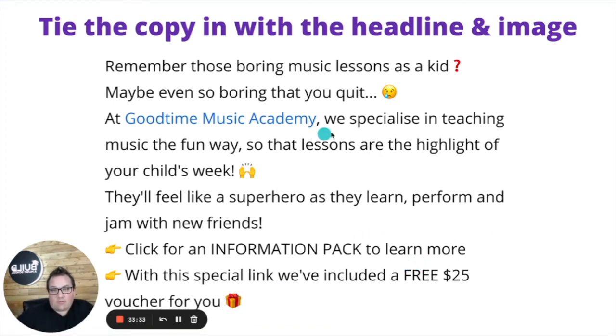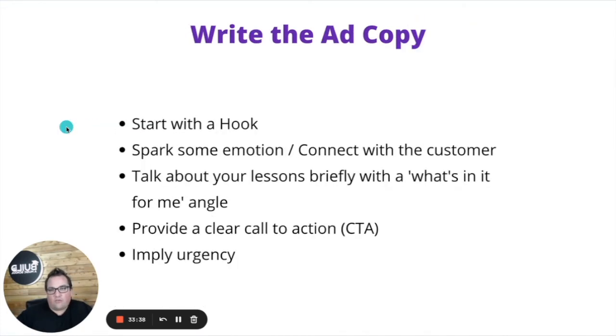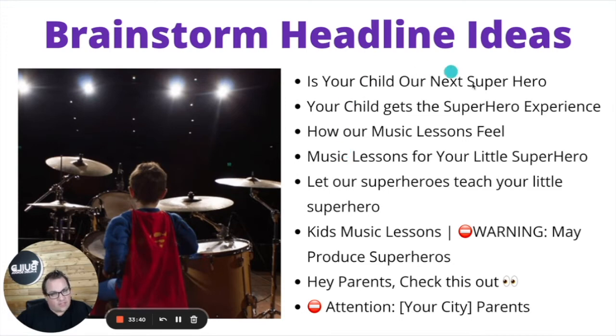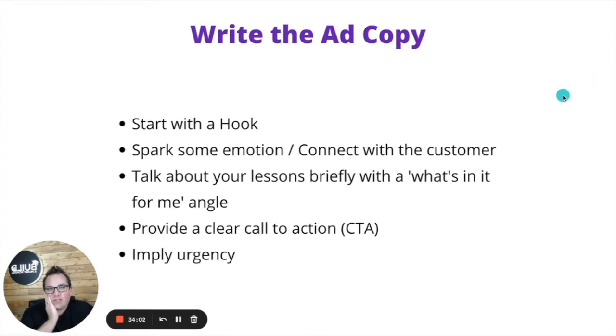So there's an example of really good copy for an ad. And again, this is just for this type of image with these headlines. This is just one example. You might be teaching really high level jazz piano performers, and you're not going to write an ad like this. So you go through the process for the type of thing that you're selling. You might not be targeting children, you might be targeting teenagers or adults online. Whoever your ideal customer is, you write in the way that is going to connect with them. But you still use these simple things.